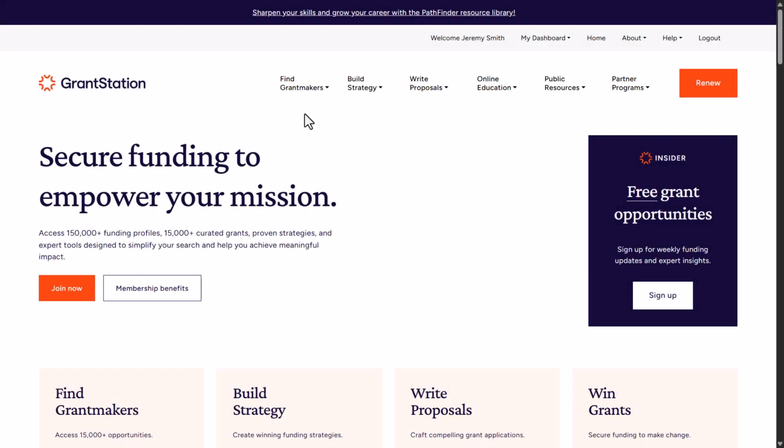At GrantStation, we empower you with the tools to find funding, build a solid grant strategy, and write winning proposals. We wanted to highlight how our updated search section works and how you can best use it in your search